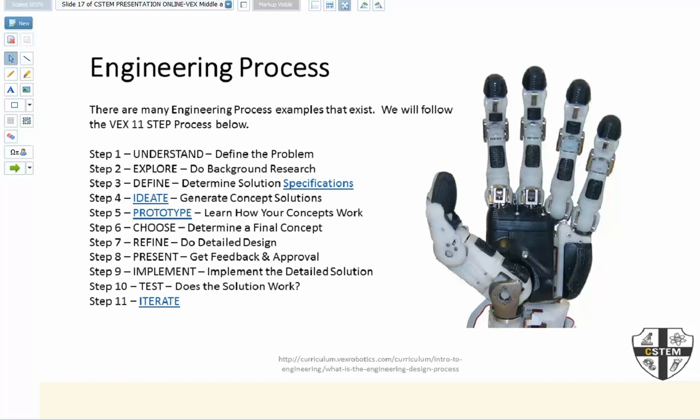Generate concept solutions and start narrowing them down. Once you've narrowed it down and said this is the solution we're going to follow, let's prototype. This is what we're going to do: a 2-arm lift to get this done, or 3 claws grabbing 3 balls at a time, or whatever, since I don't know the objective of the game yet. Once you do, you'll be able to come up with a prototype and start building. At the prototype stage, we have kids working on the VEX hardware, putting it together, doing the drivetrain, which is the wheels and the columns, and then you have people working on